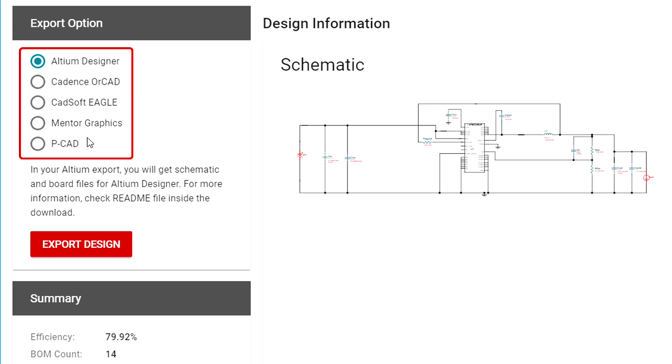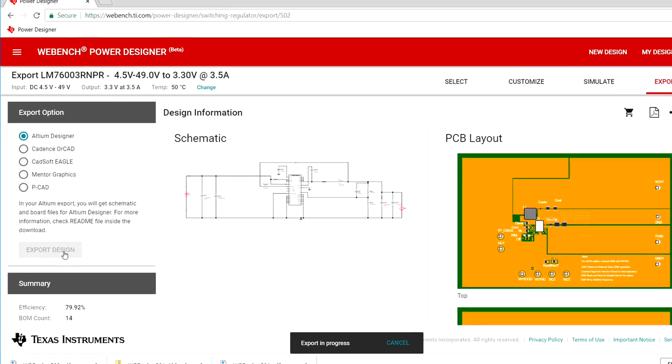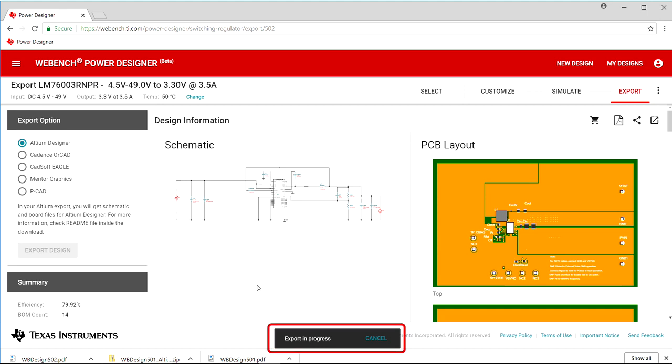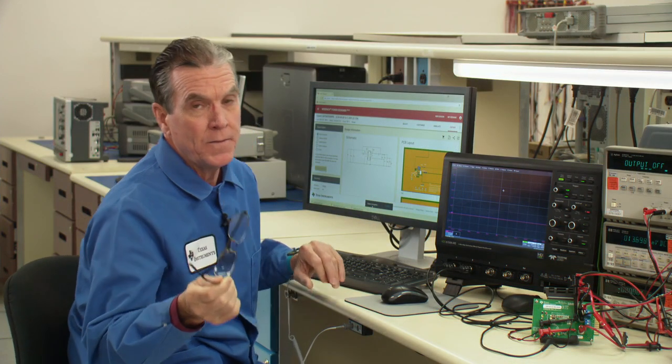Now, I happen to use Altium Designer, so simply click Export Design, and within a minute or so, we'll download a zipped file which will include both the PC board file as well as the schematic file.